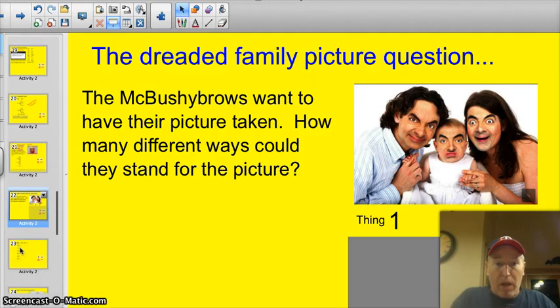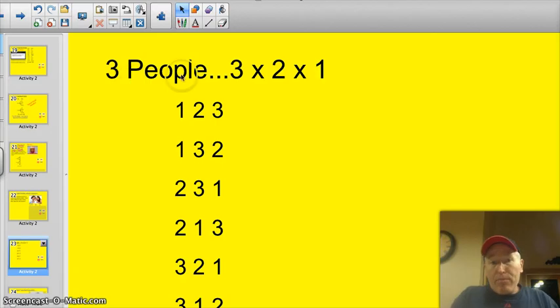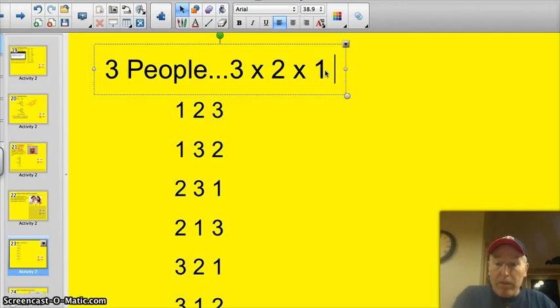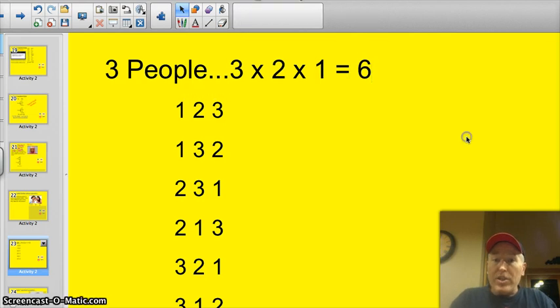Let's see if we can solve this problem. The way you do this is there are 3 people. So you just take the number 3 and you multiply it by 2 and you multiply it by 1. You count down 3, 2, 1. That'll give you a total then of 3 times 2 is 6 times 1 is 6. There's a total of 6 possible combinations. So it's a real easy way to figure out how many possible combinations there are in one of these family